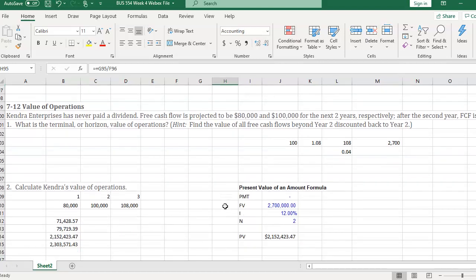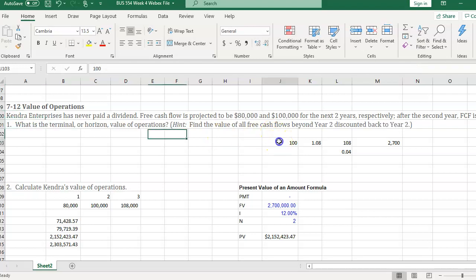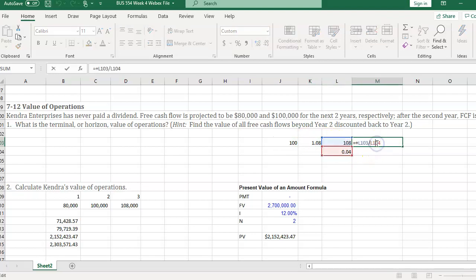And the last one is Kendra Enterprises has some cash flows. They've got 80,000, then 100,000. Then they expect a constant growth of 8%, and the WACC is 12. So 80,000, 100,000, growth of 8 after year 2, WACC, cost of capital, is 12. So basically, I've got 100,000 increased by 0.08 to get 108. And then what I do is I take 108, I divide that by 0.04, which is 12% minus 8%, the WACC of 12 minus the growth rate of 8, to get